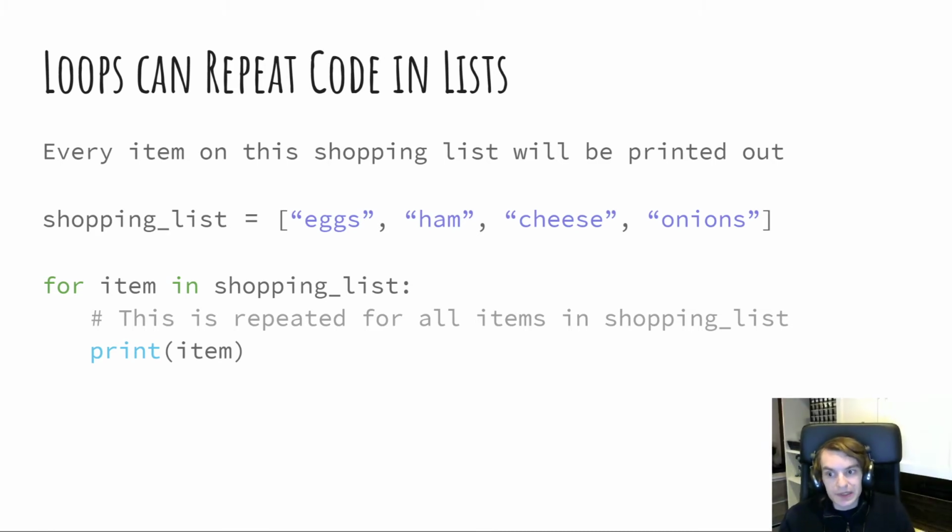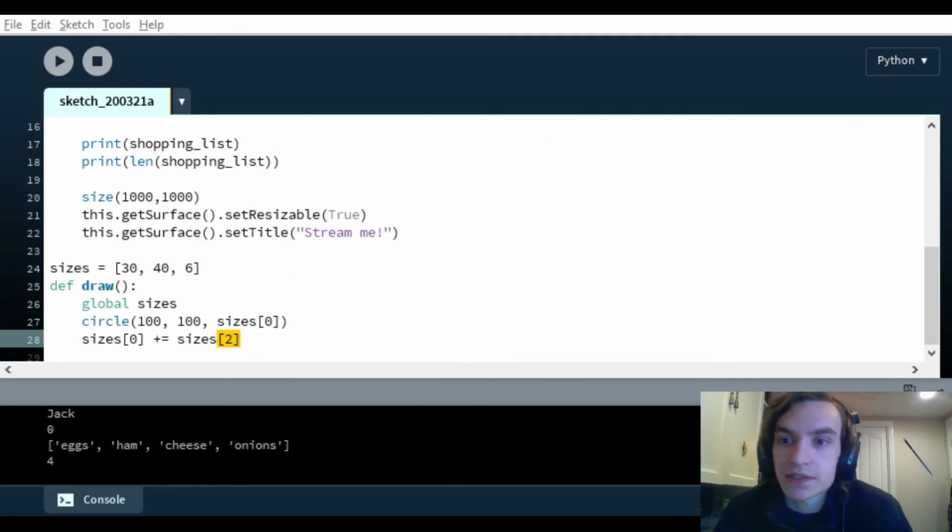So loops can repeat code for lists, and this is why we talked about these in the same session, because they're really, really useful when you put them together. So this code that we have on screen, using our same shopping list example, what this will do is for every item in the shopping list, it will put that item into the variable item, and then it'll print it. And this is a very simple example, but if we switch over to processing here for a moment,